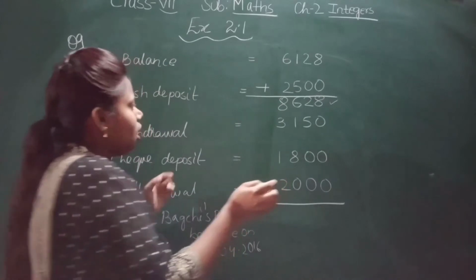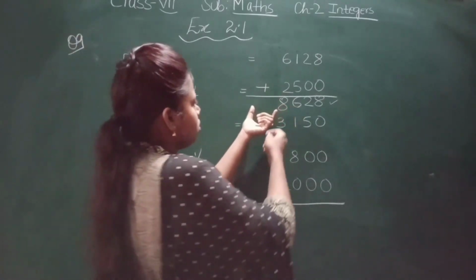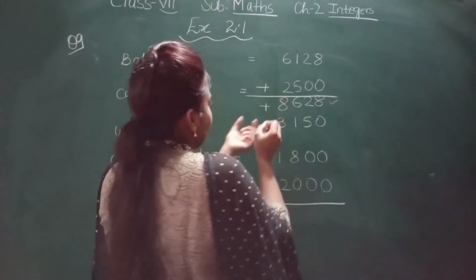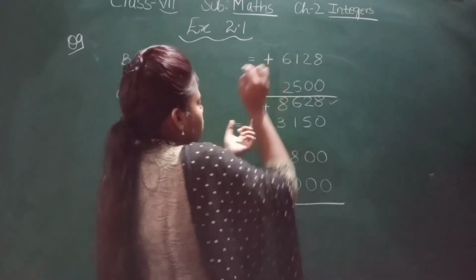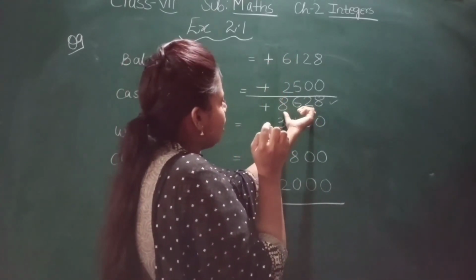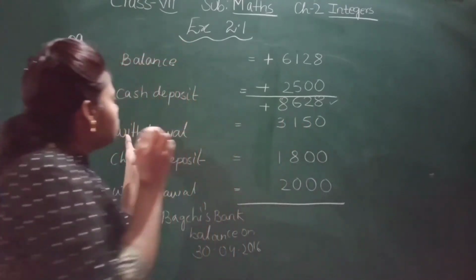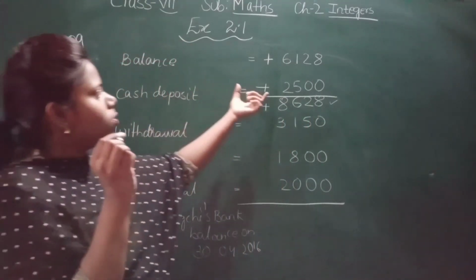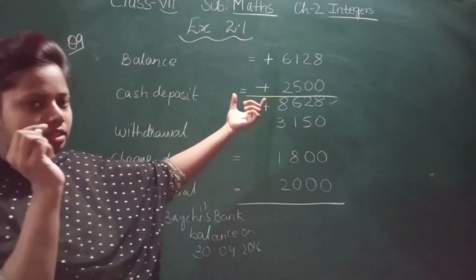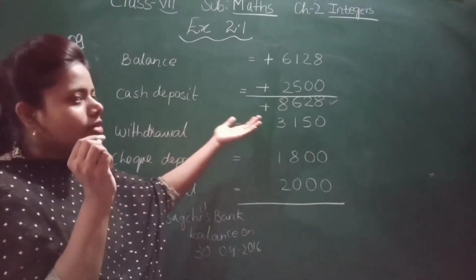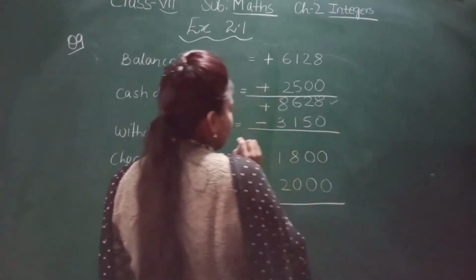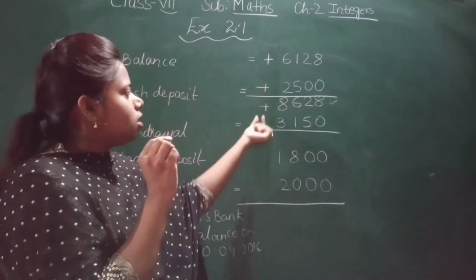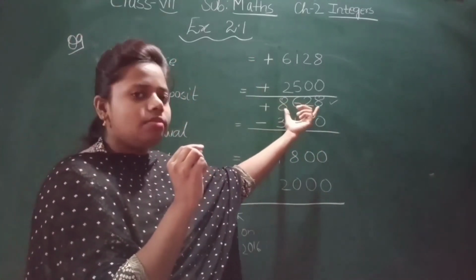Now what did he do? He had this much balance. This is positive only. This was also positive, this is also positive. So this much balance he had. Now what he did was a withdrawal. Before, he had deposited, that means a plus balance was there. Now withdrawal means what you have to do? You have to subtract. So minus will be there. So plus minus is what? Minus, and this one is bigger.